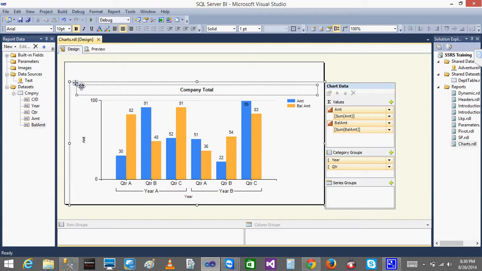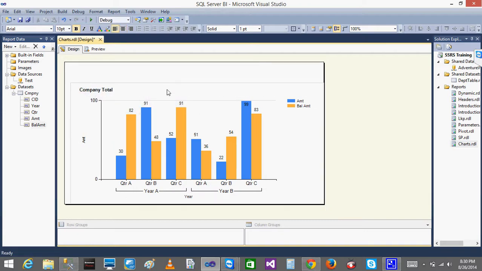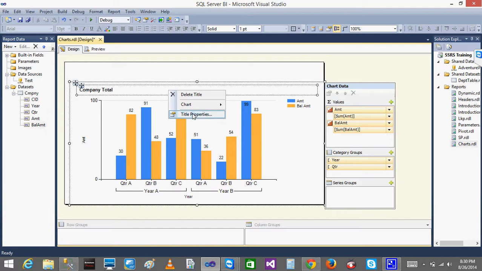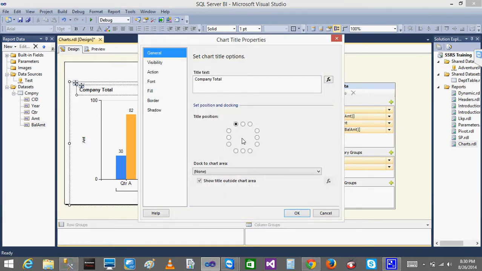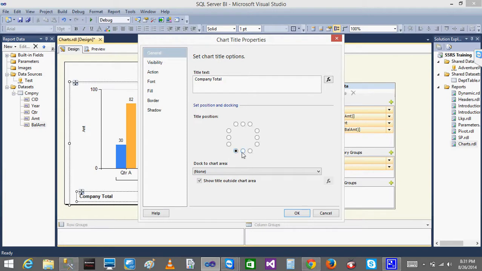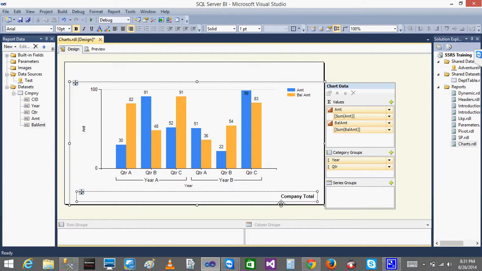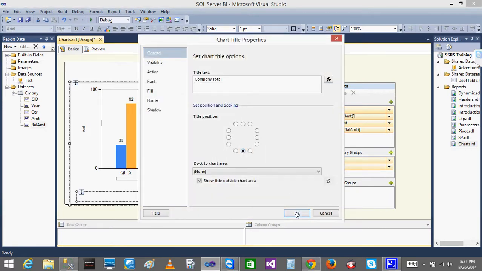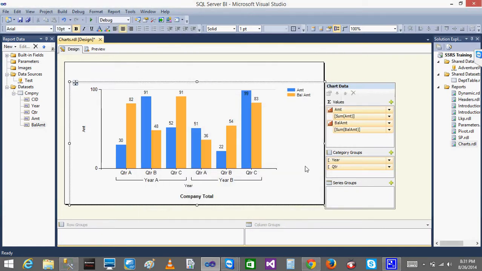One thing you can do is drag and drop. The other, simpler way is to just right click on the title, and see the title properties. When you see the title properties, automatically you will be getting a title position, this circle one. So wherever I click, I will get the title there. See, if I click in the middle, I will get it in the middle. So I want it in the middle, so I will just select the middle one. Done. Okay, this is this one.